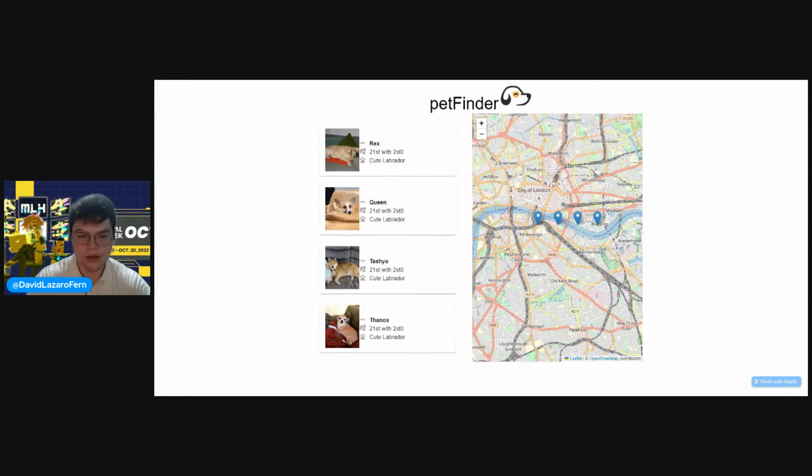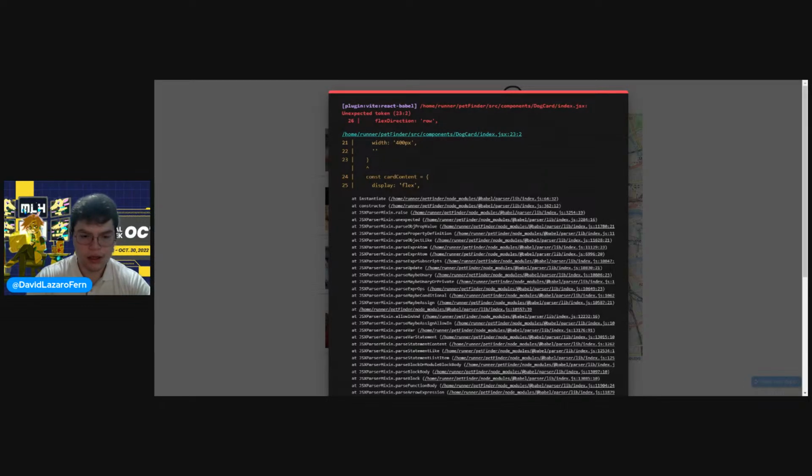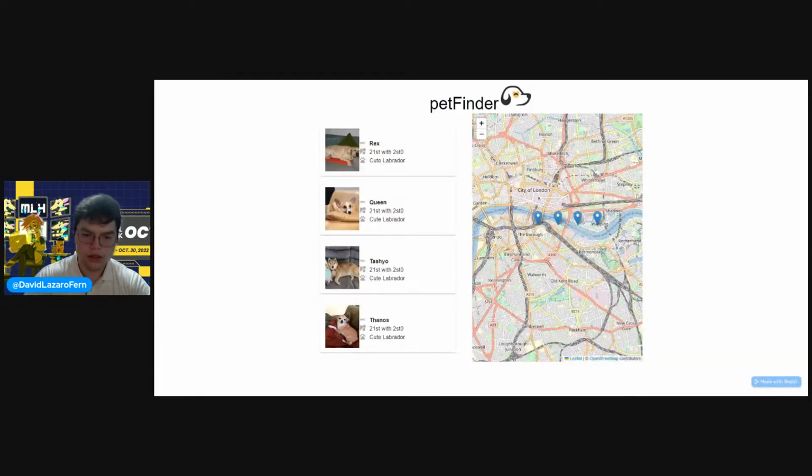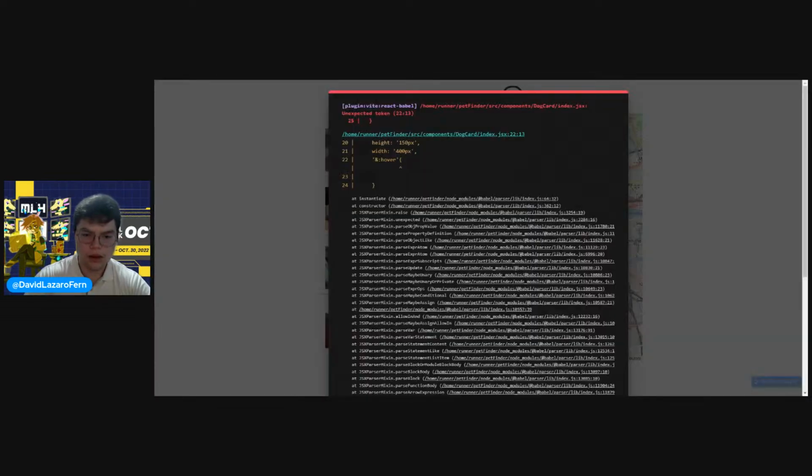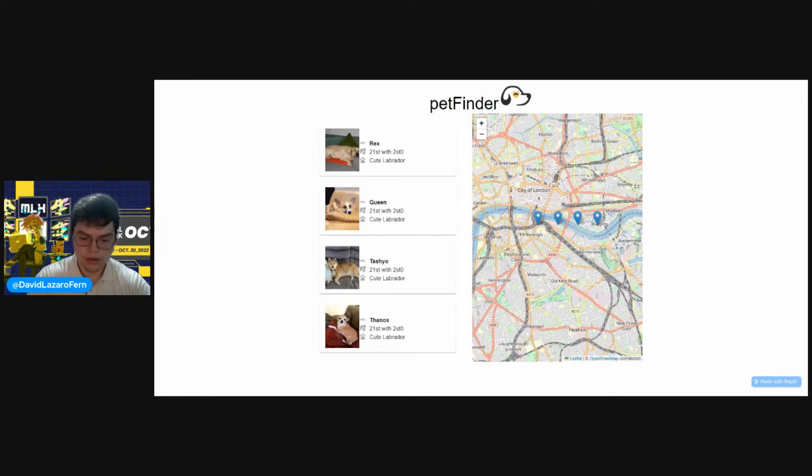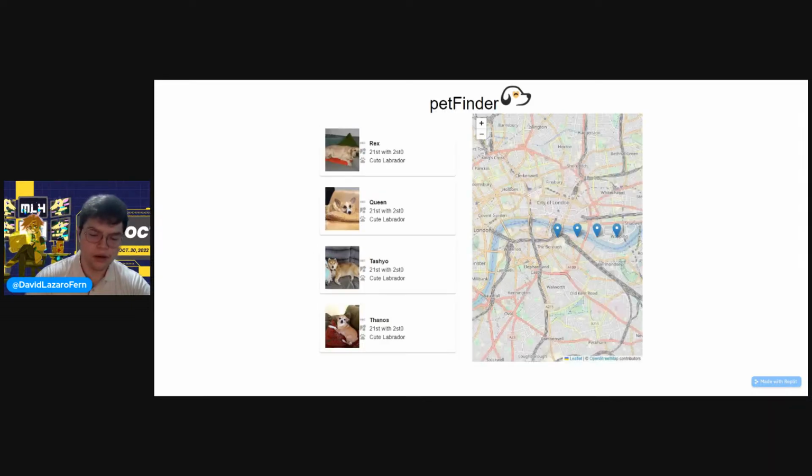So I think we can use something like hover, change the background color to something like FAFAFA. Now let me see. Yes, it changes now. And also we need to do something called cursor, going to be pointer. And finally,